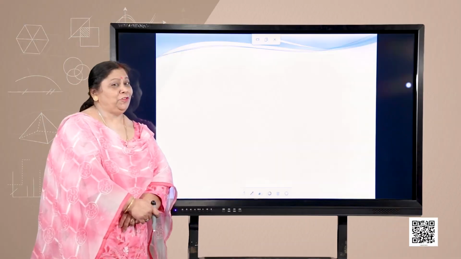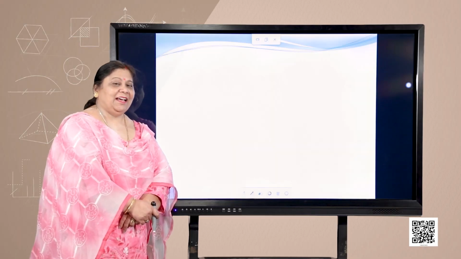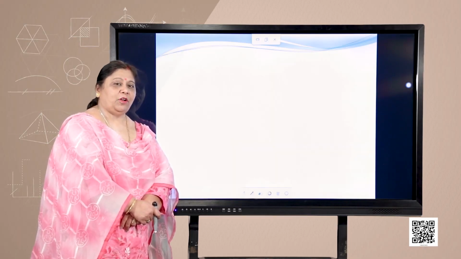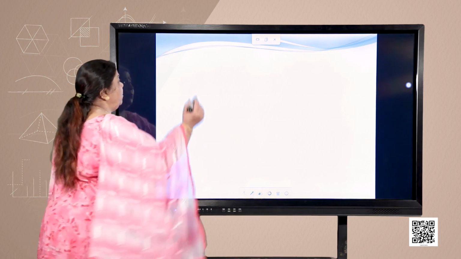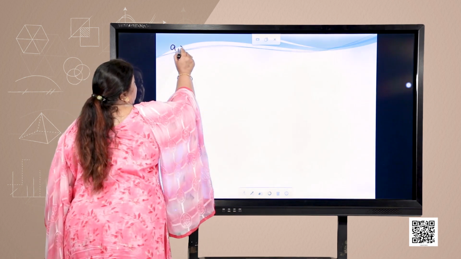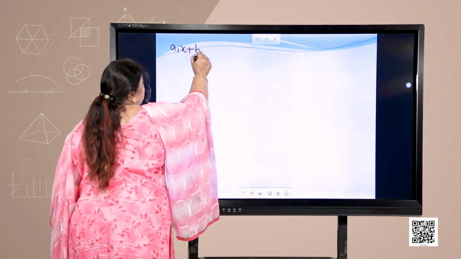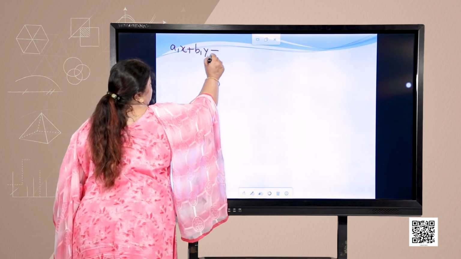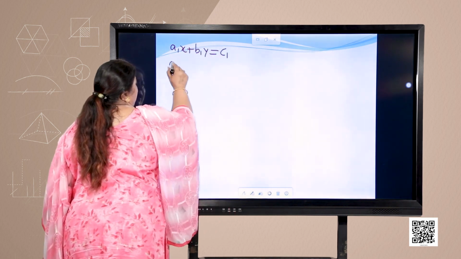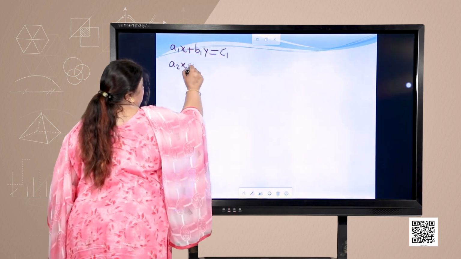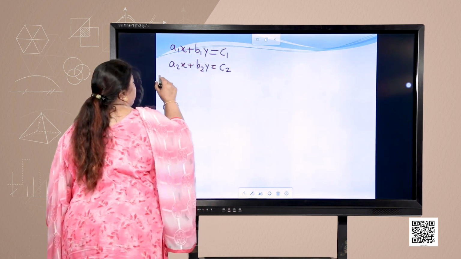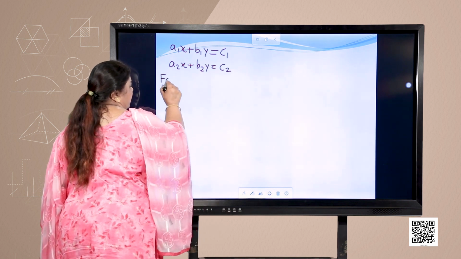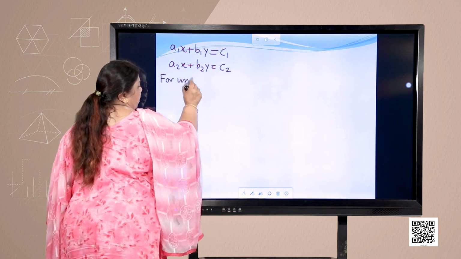So students, before we go into question number 2, let us have an introduction about the conditions which are required for solving linear equations in two variables. What was the general form? We had a1x plus b1y is equal to c1 and a2x plus b2y is equal to c2. So we have three different cases. For unique solution,